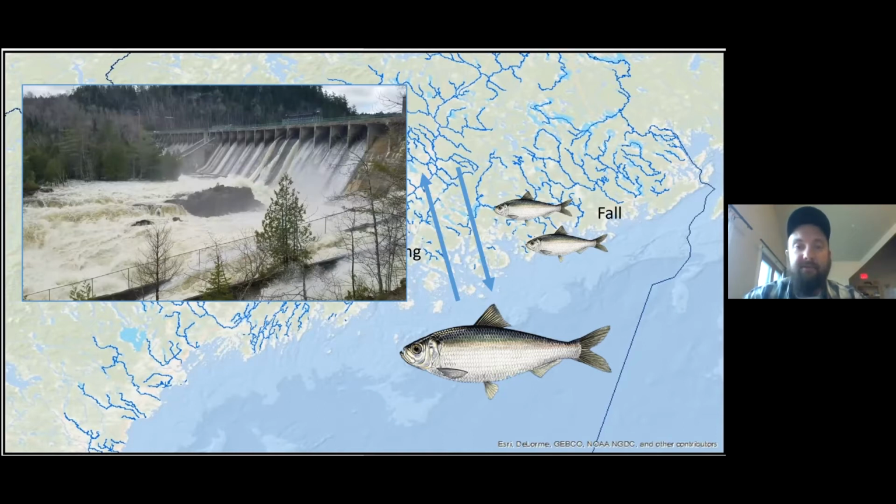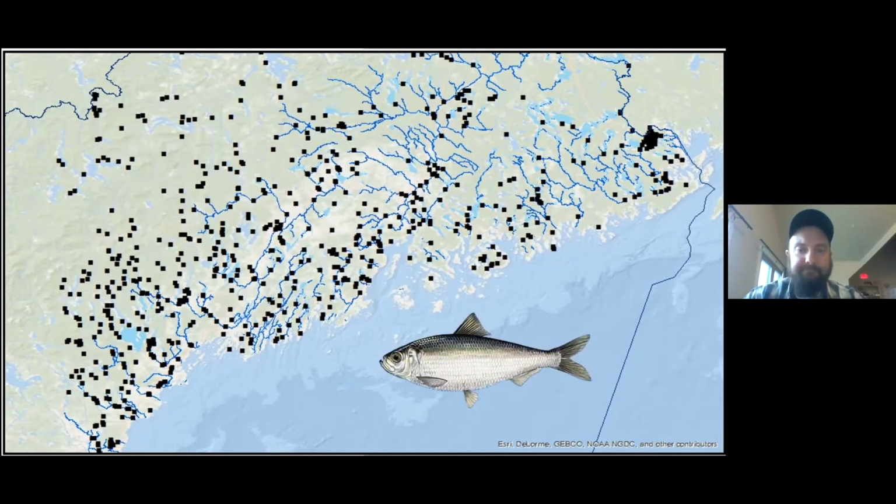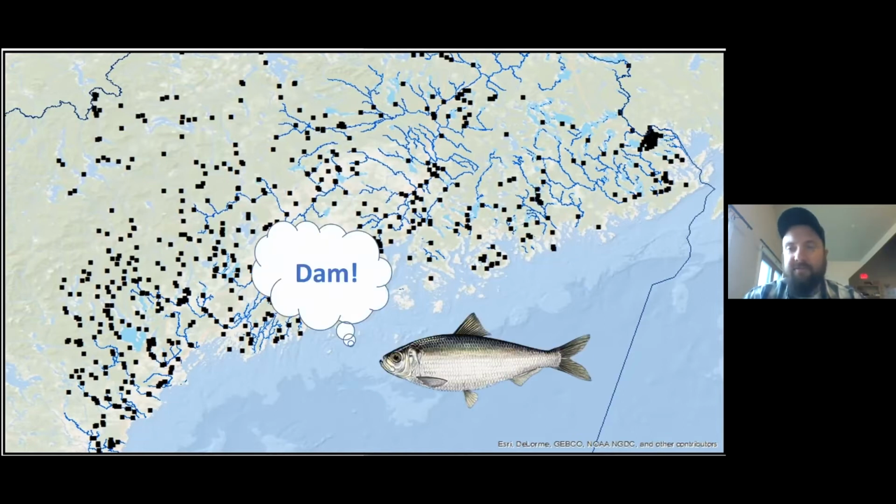There are literally hundreds of these things. Some of them have some sort of fish passage and some of them don't. Some of them have a little bit of help in the form of trapping and trucking. This is a graphic depiction of the number of dams that exist here in Eastern Maine, and it's just a massive number of them. So alewives trying to make it upstream to spawn are faced with a whole host of different impediments